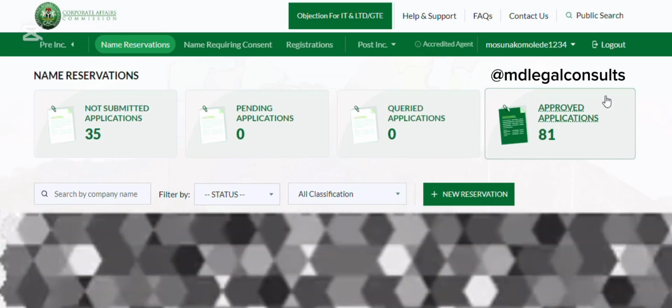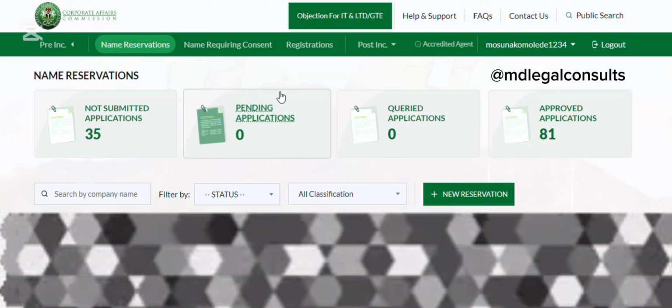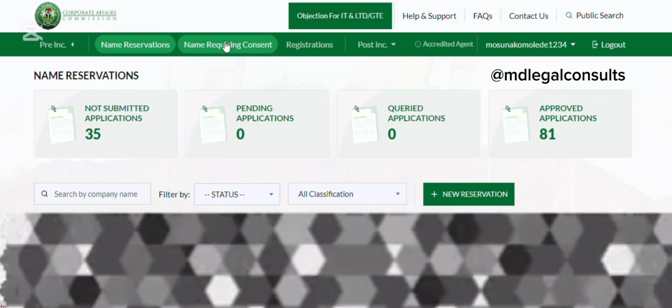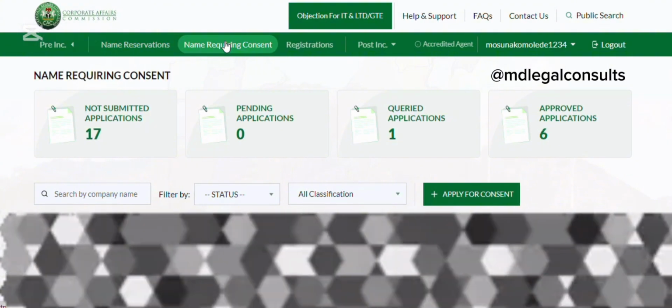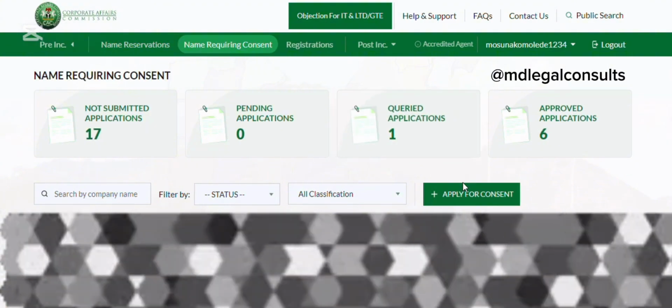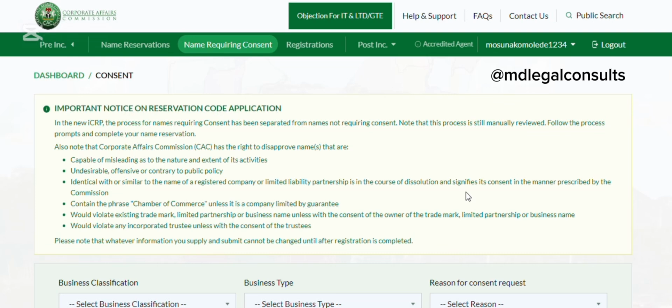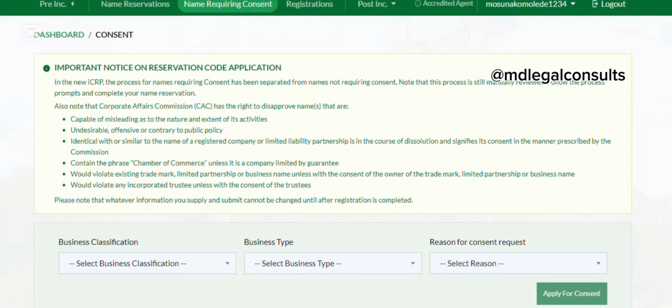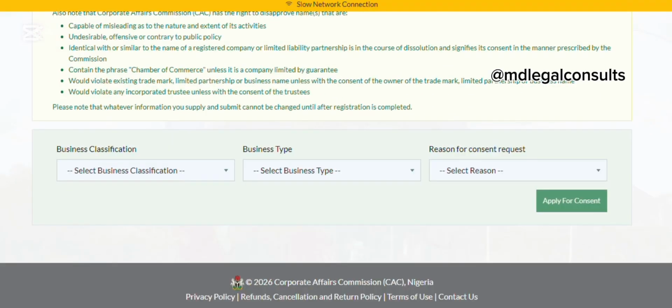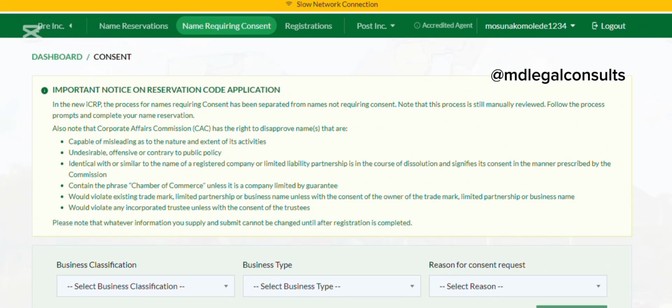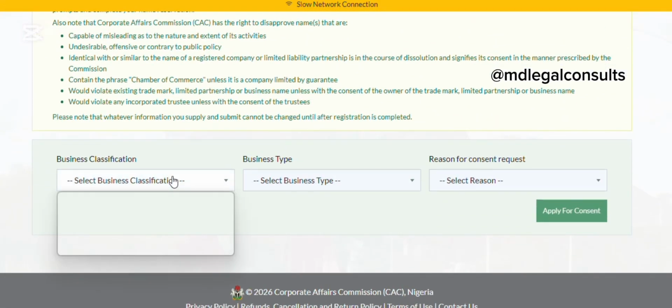So the first thing you're going to do is go to name requiring consent. So when you go to name requiring consent, you click on apply for consent. When you click on apply for consent, it will take you to this page where we are going to now apply for the consent. So you want to click on